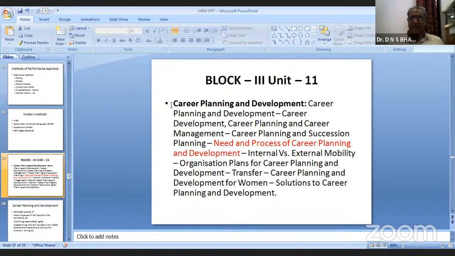this is your syllabus copy actually. Career planning, development, career development, career planning and career management, career planning and succession planning. Out of all this, internal versus external mobility, organization plans for career planning and all. Out of all this, need and process of career planning and development of career planning process is very, very